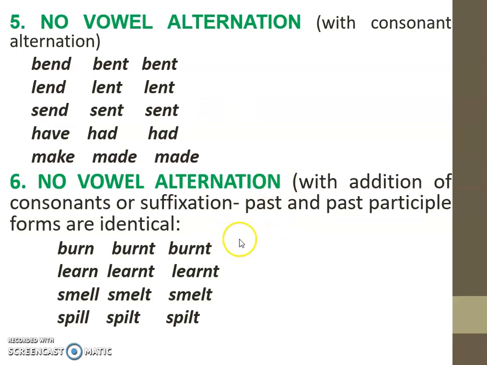Sometimes there is no vowel alternation, but we have addition of consonants. For example, burn, burnt, burnt. The vowel is the same, but we are adding consonants. So it's very simple. We just have to analyze the realization of the past and past participle morphemes and see if there has been vowel alternation, consonant alternation, or